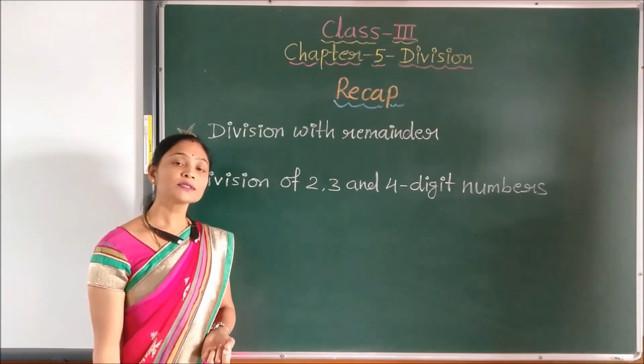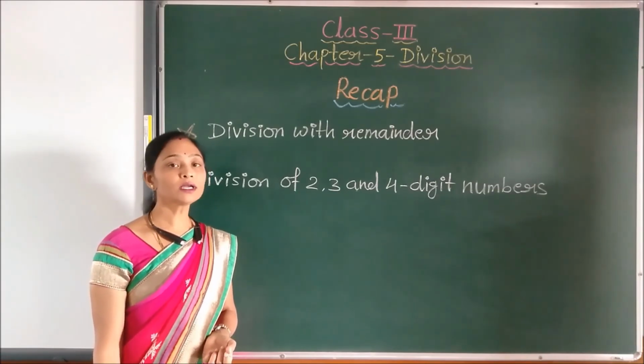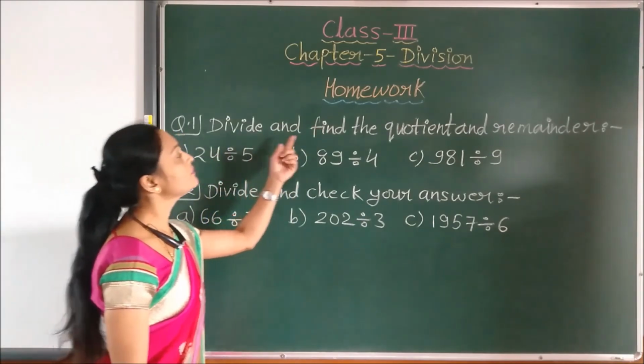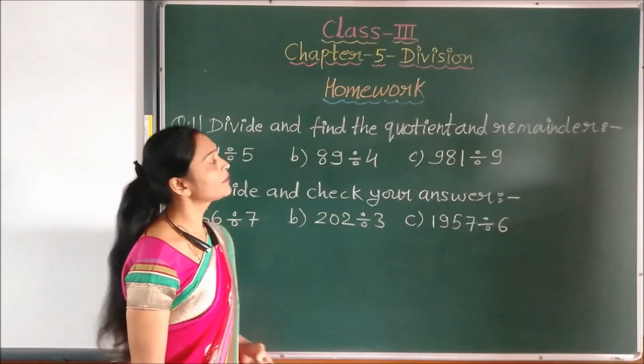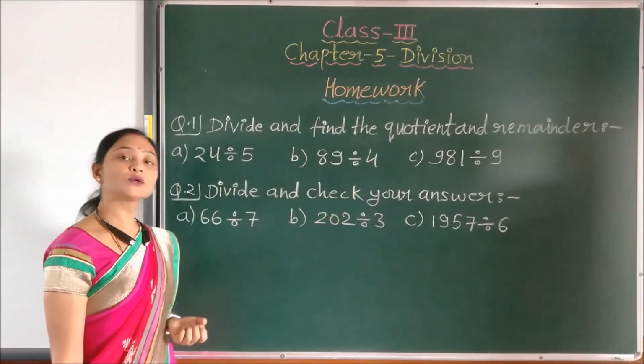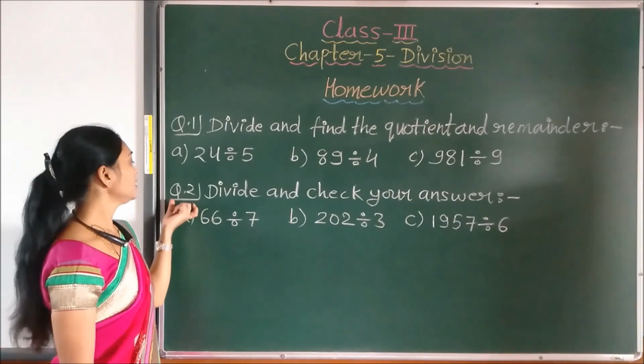Now I am going to give you some homework. So solve it in your homework copy. Children, this is the homework. Divide and find the quotient and remainder. These questions you have to divide and write the quotient and remainder. Then in question number 2